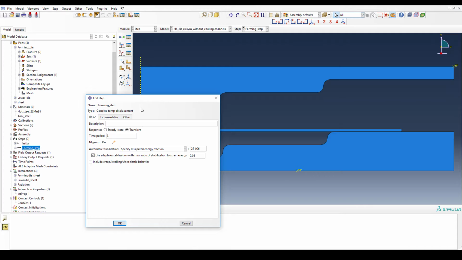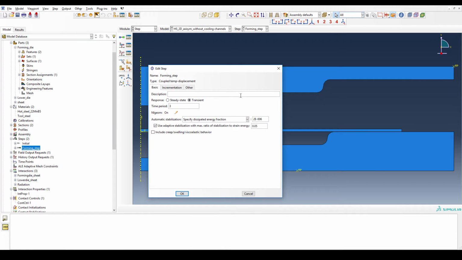For this type, I need to use the amplitude, which I will tell you about later. But this is how the window looks for a coupled temperature displacement. And here, one important thing is that we can do either transient analysis or steady state analysis. And the time period, energy on, it should be